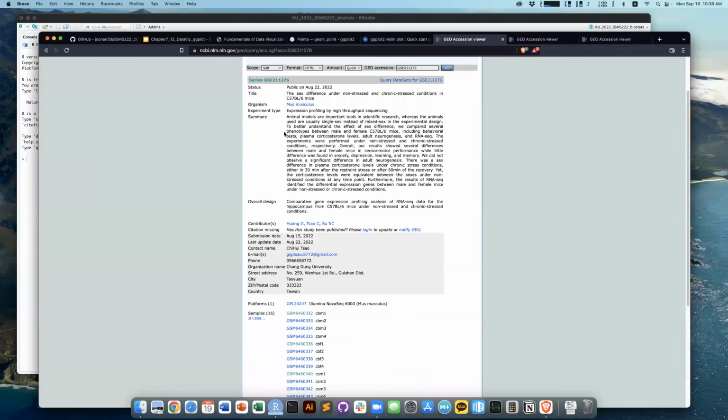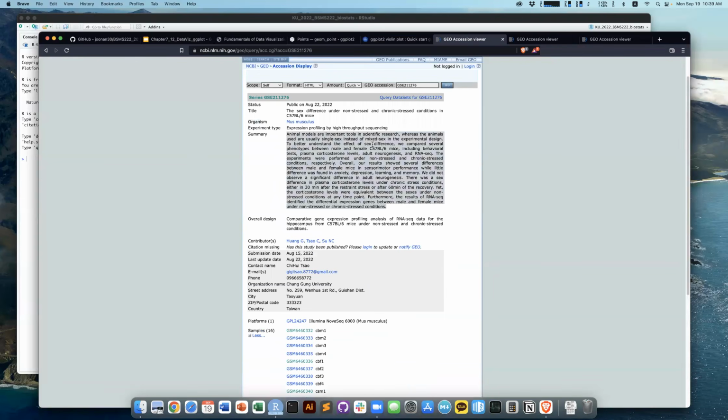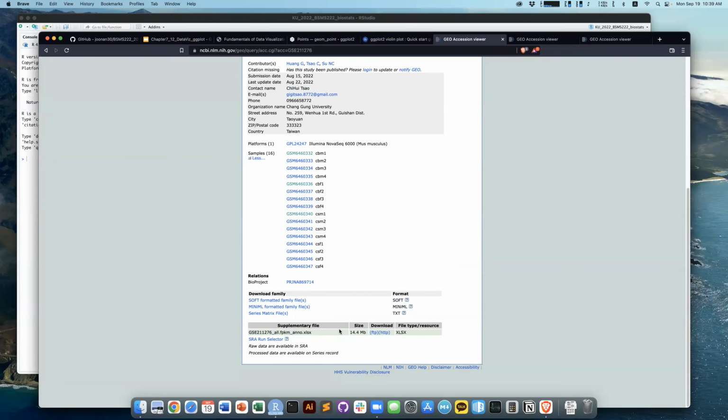So they summarize how they processed the data set and how they did the data analysis, and all of that information is here. So the point I want to make in this example is that you can access not just the summary data set or the processed data set, you can also access the raw data set,